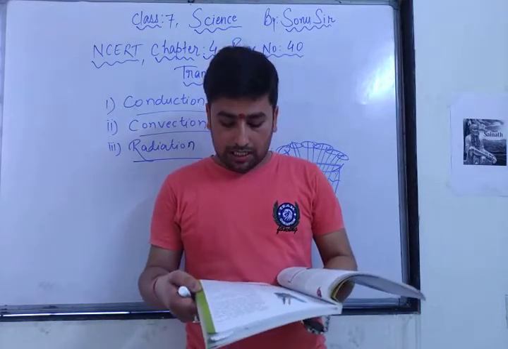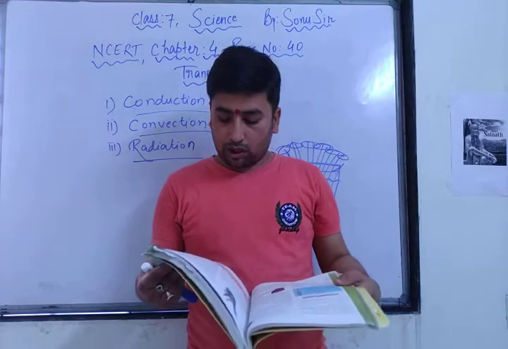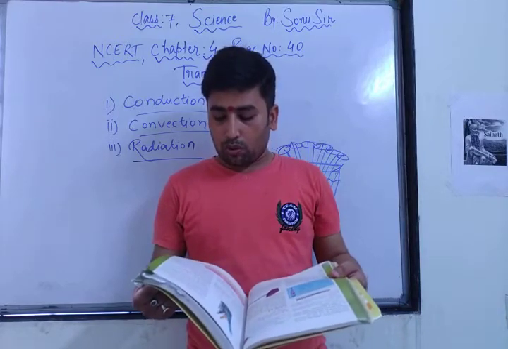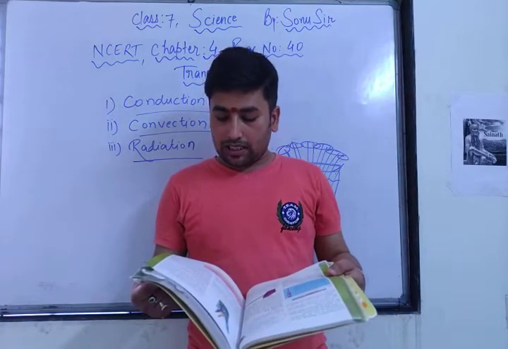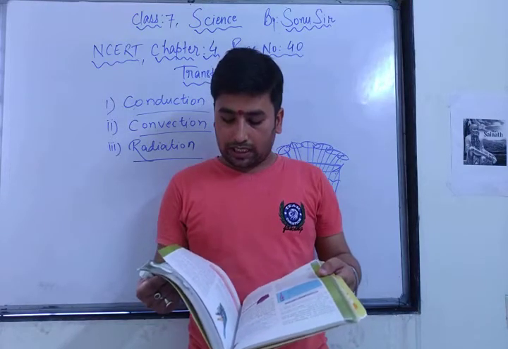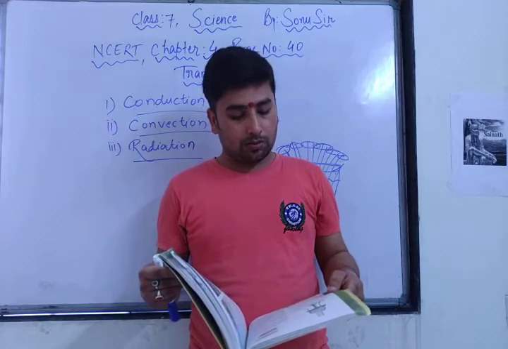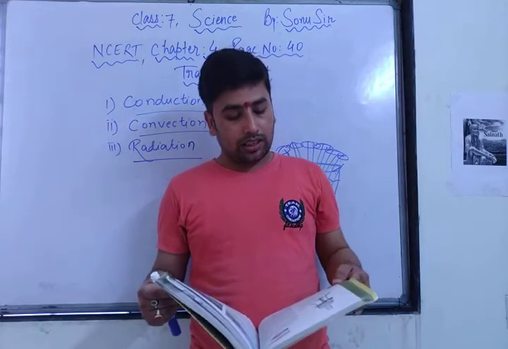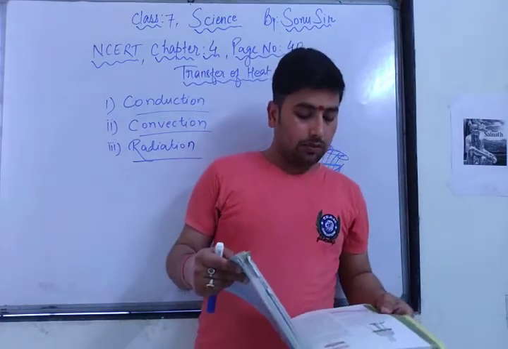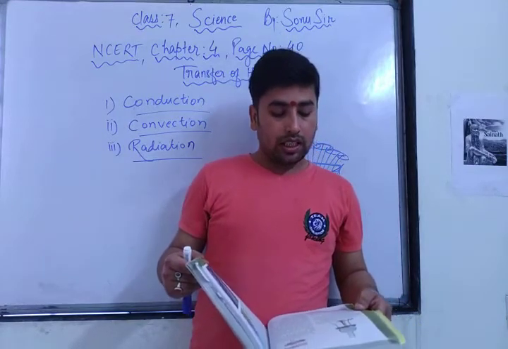When the water is heated, the water near the flame gets hot. Hot water rises up in the cold water. Cold water from the sides moves down towards the source of heat. This water also gets hot and rises, and water from the sides moves down. The process continues till the whole water gets heated. This mode of heat transfer is known as convection.